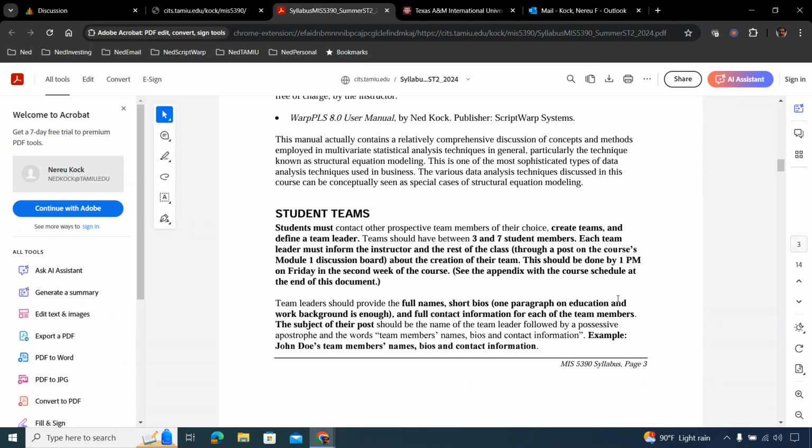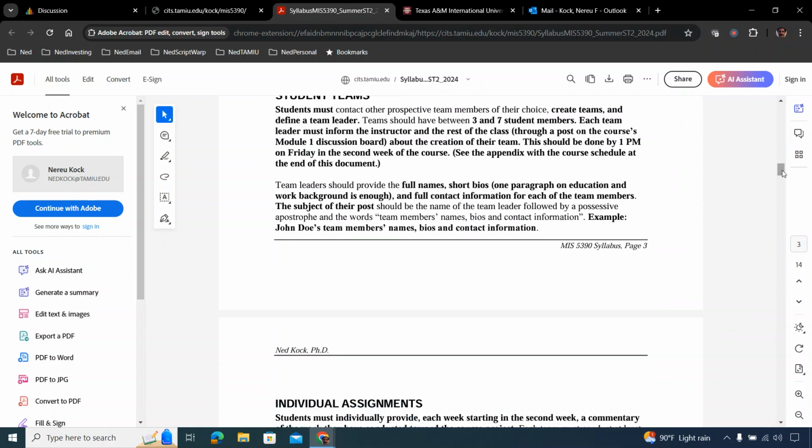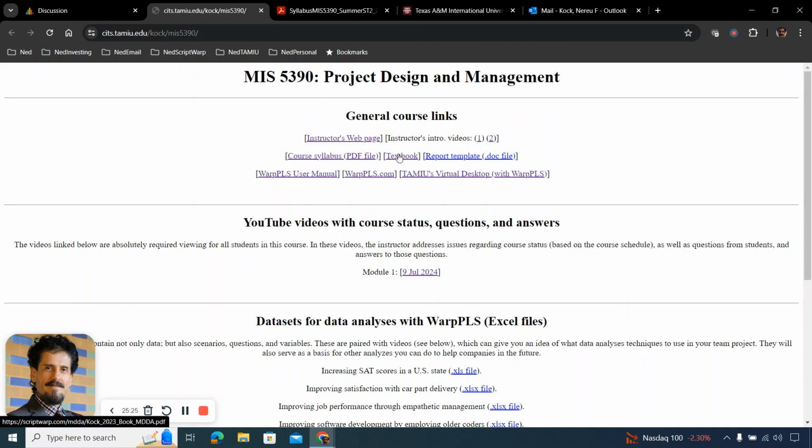As I also said in the previous video, for your project, you will have to contact a client organization of your choice. So the team will have to be formed first, and then you would discuss some options about a client firm to contact. And you really have to read the textbook if you haven't read already, because I used this textbook in a previous course. Then you will see what types of analysis we're going to be conducting in this course.